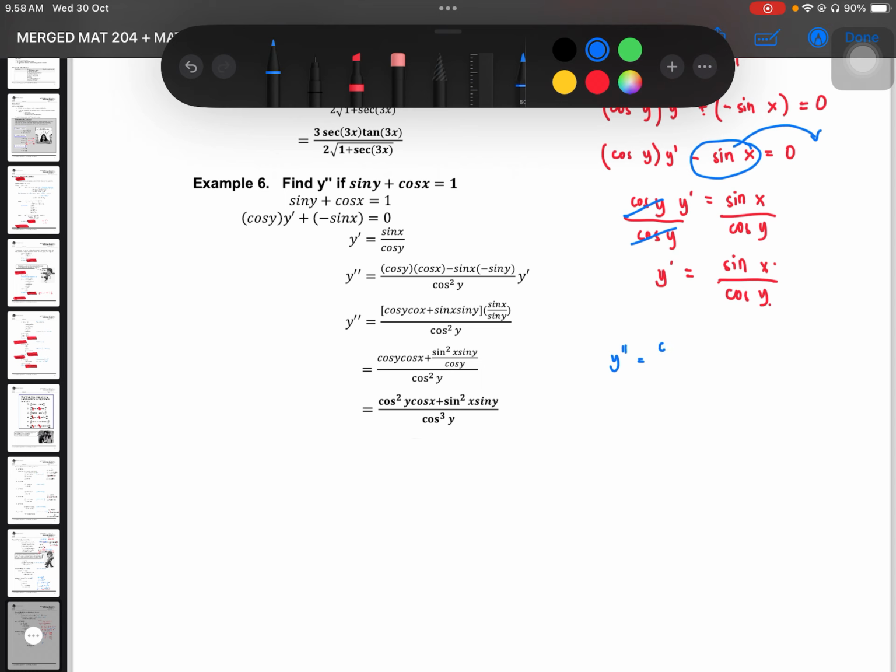Apply natin cosine y. Then, derivative ng sine x with respect to x. Minus, yung ano naman, baliktad, sine x. Then, derivative of cosine y with respect to x. All over cosine y, then you have to square. Okay. So, by simplifying this,